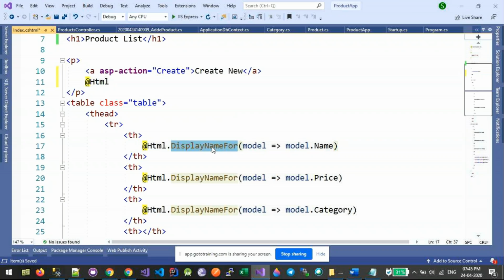They allow us to generate the HTML element or HTML code by using C#. So whatever you see after at the rate is known as Razor code. So I'm mixing C# code here with HTML, or I'm using C# code to generate the required HTML. At the rate HTML, this is HTML helper method.